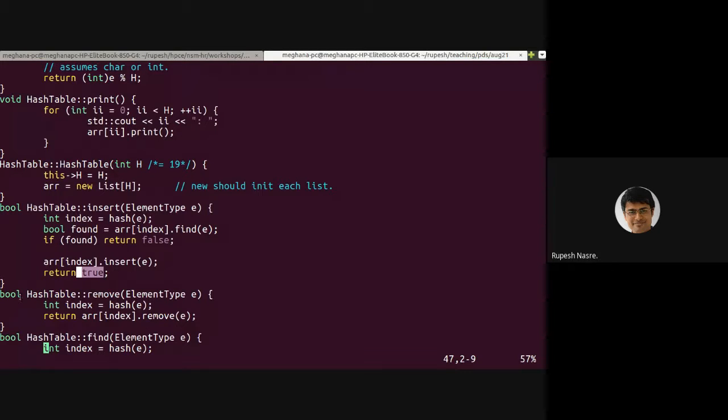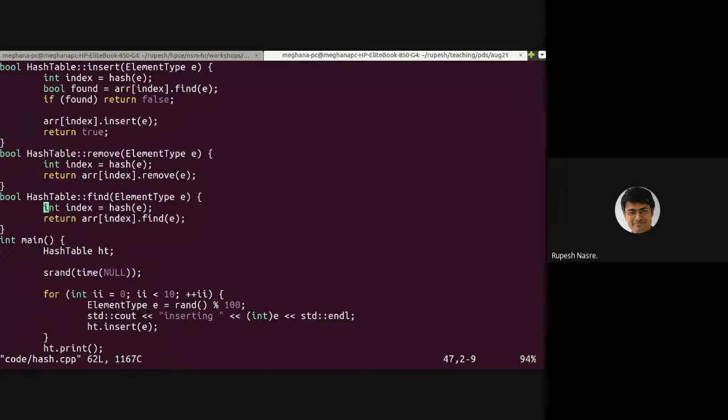Now let's look at remove. Remove also returns a boolean, that if the element is present, that is, you are successful in removing it, then it is going to return true. Otherwise, if the element is not present, then it's going to return false. So again, I have to depend upon the hash function. And what I'm trying to do is just return whatever list remove is written for that element. That means that the list removal is actually taking care of checking if the element is present and so on. Is that really happening? Well, we can check that.